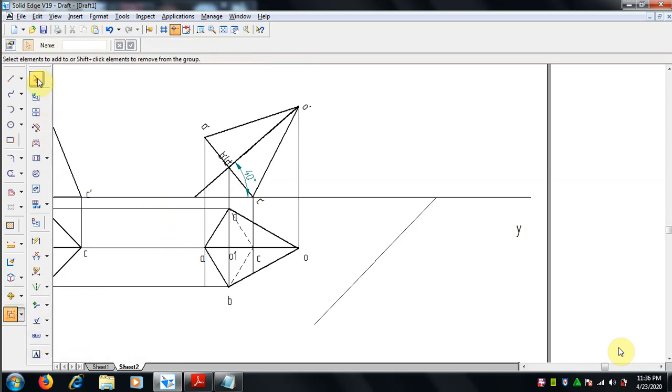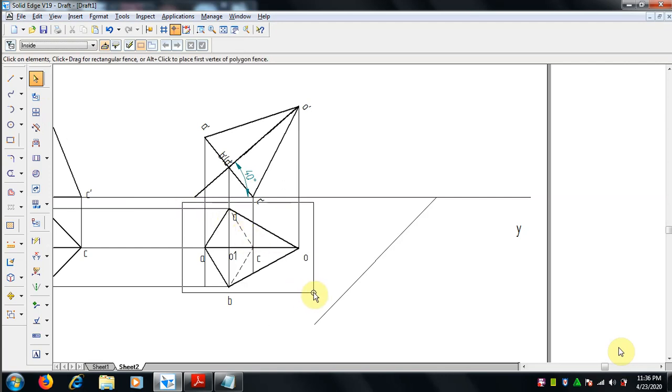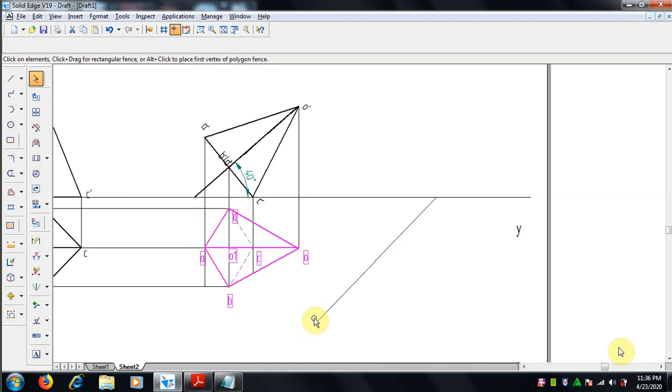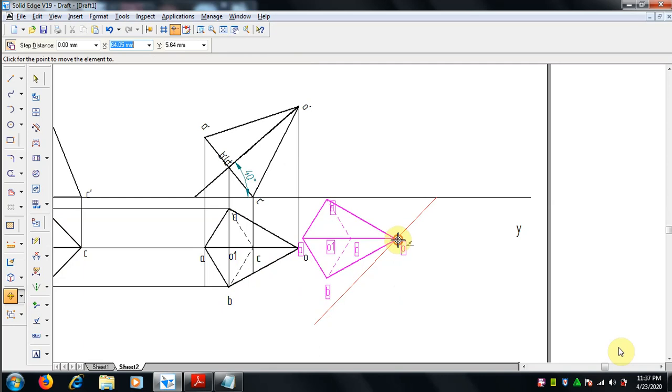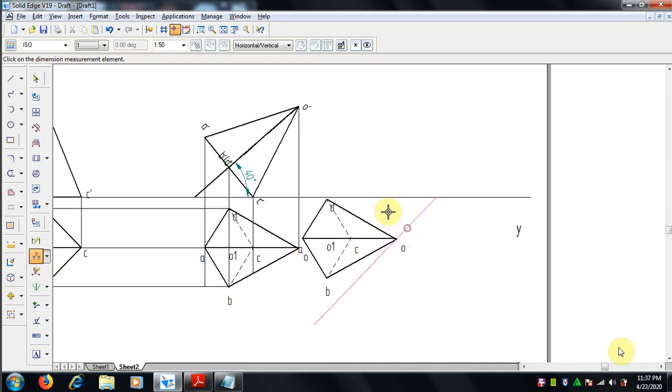first. Before going to rotate, we have to move this copy. So the entire thing we have to move, and keep it over there. Select the view which is to be moved, select the move command and first group it, then move with the move command, move copy. The copy command should be switched on, and now it is moved from the point O, that is apex. Since it is given as axis is inclined to VP, I moved like this.